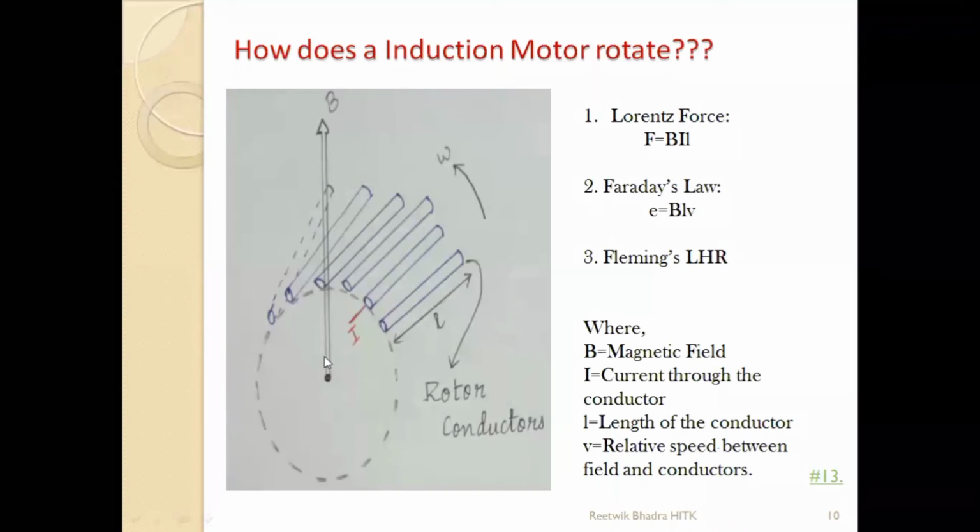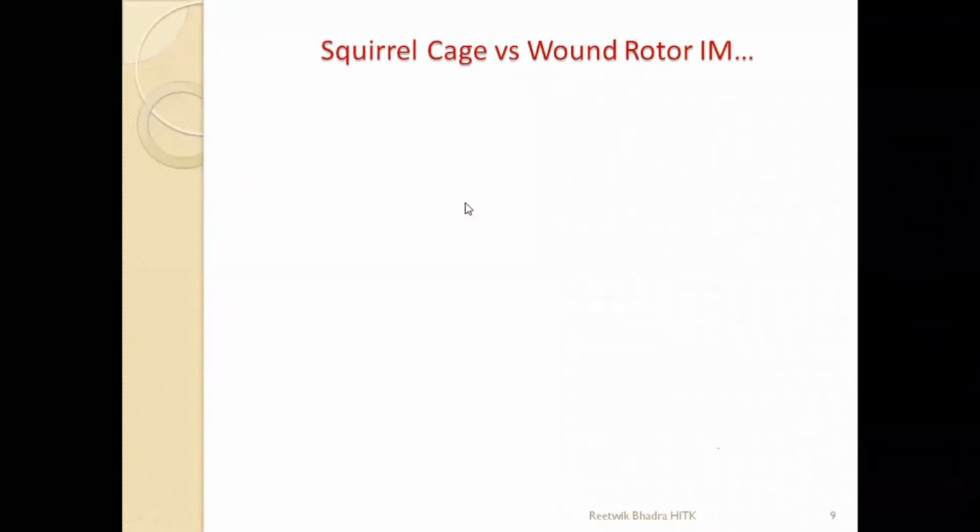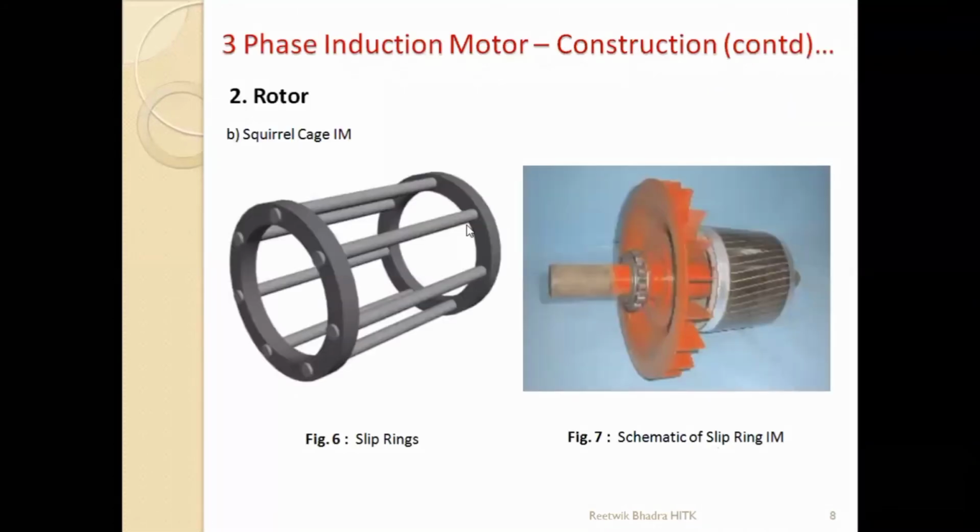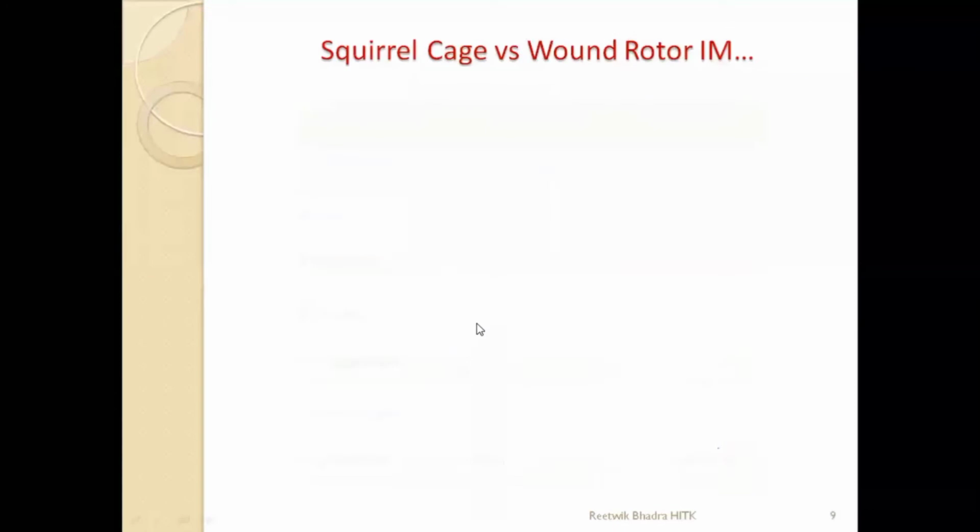Okay. So these are conductors. See, this is the rotor surface. I have not drawn all the rotor conductors along the surface. As you have seen in the previous slide, if you go to the previous slide, over here, how the rotor conductors are connected, you can see it like this. Okay, so I have drawn it directly over there.